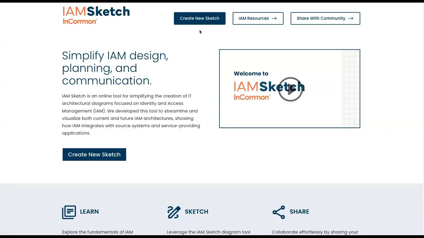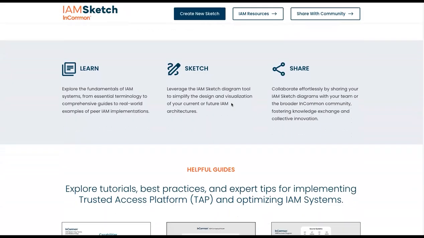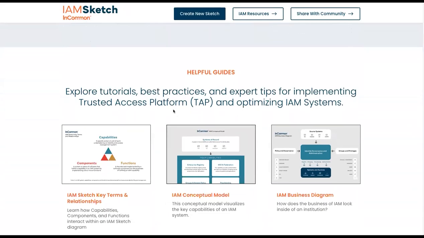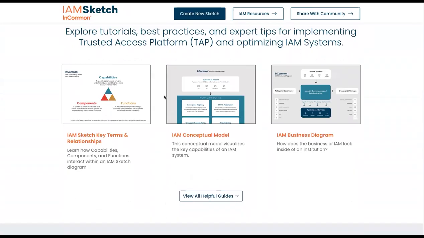We have very prominent buttons to create a new sketch, which we will dive into here in just a second. But I want to point out again the learn, sketch, and share. That's the through line throughout this whole thing. We have it down here. We have your IAM resources at the center here. This is your learning. You've got your sharing over here, your sketching here. So as you scroll through this, we have different sections where we will highlight some of the resources that we've made available, some of the different categories. We've got things like helpful guides,